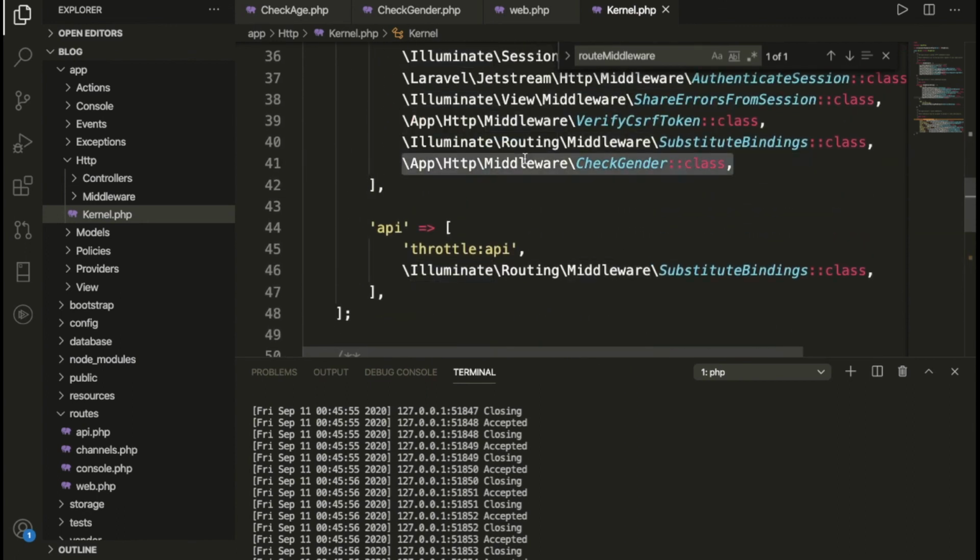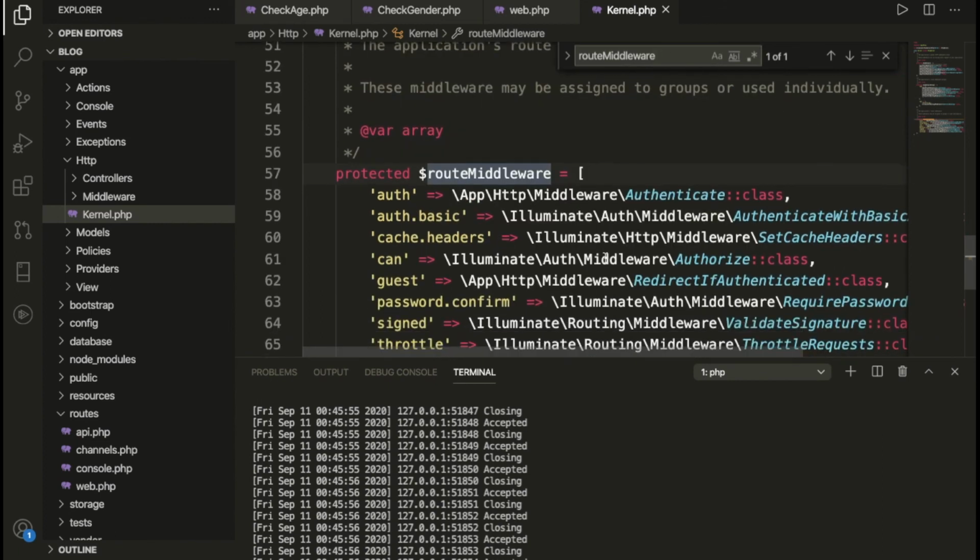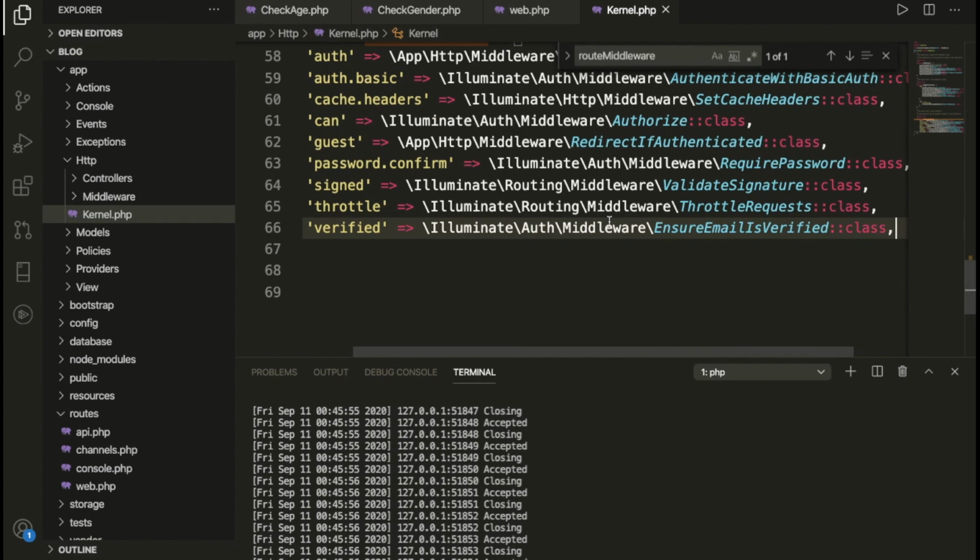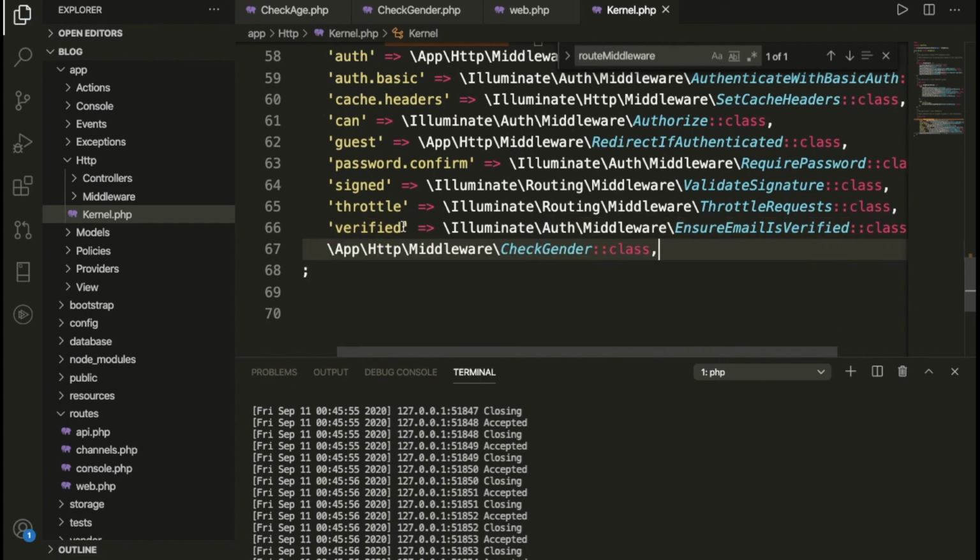Yes, we need to put it inside the route middleware, which is this one. Here we're going to pass it like this one. Let me write gender here, put gender something, this one.